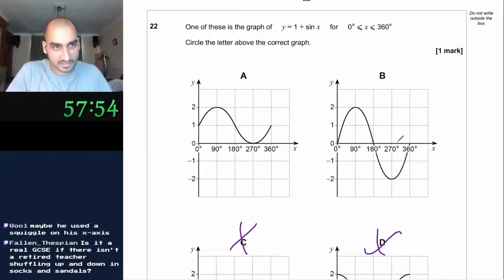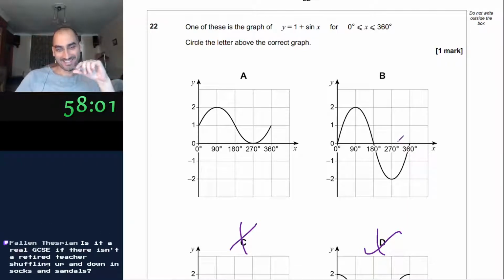Hello, Fallen Thespian. Is it a real GCSE if there isn't a retired teacher shuffling up and down in socks and sandals? Good times. I wonder what other qualifications are required to be one of these graders. Like, do you need qualifications? If I was bored this summer, could I actually just apply to be one? I wouldn't want to, but